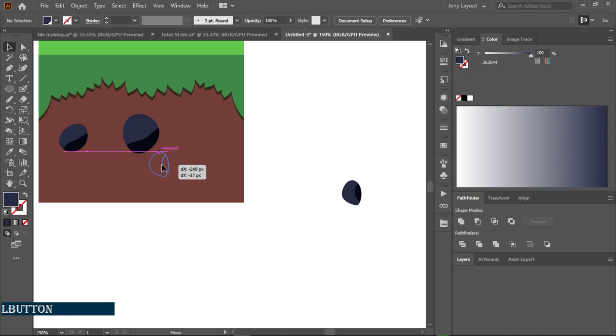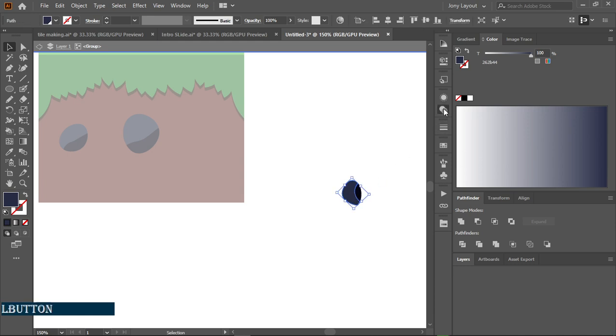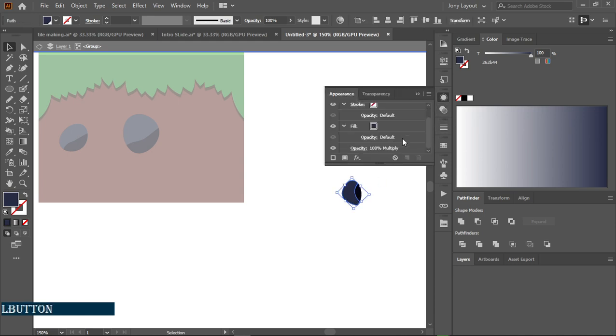Control Z, and yeah, this has a multiply effect on both of those, I think. So that's why it's looking like this appearance. Yeah, this is a multiply, so we want to delete that. Okay,